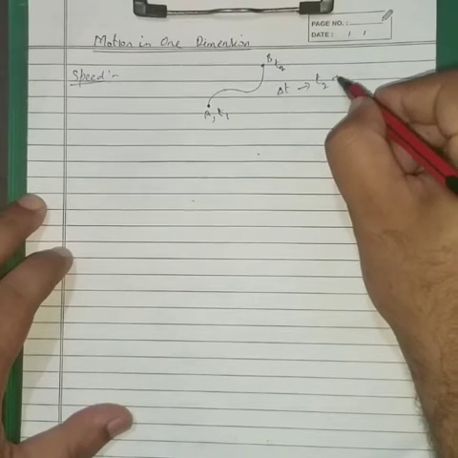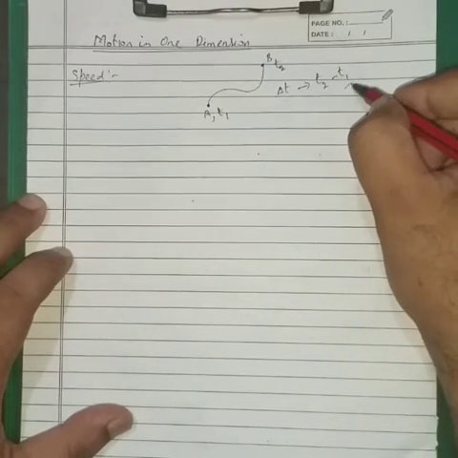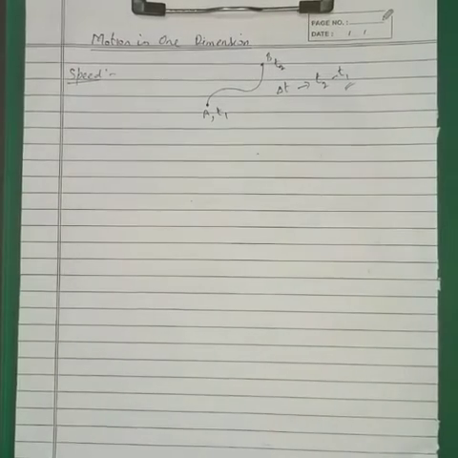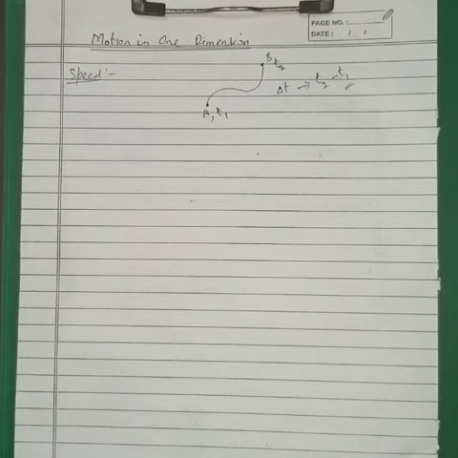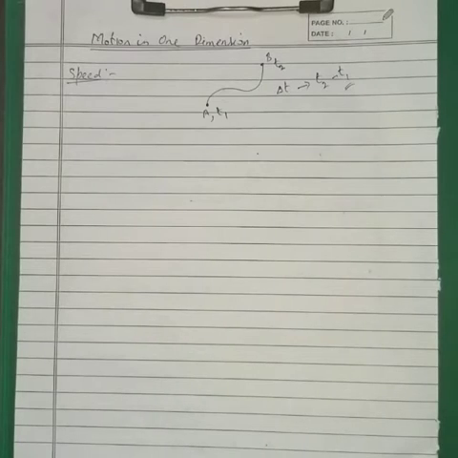So that will be equal to t2 minus t1. Time never stops, so it always keeps on changing. Therefore we will talk about a quantity that will take into account both these quantities, means change in position, that is called distance, and also change in time. So the rate of change of distance with time is called speed.